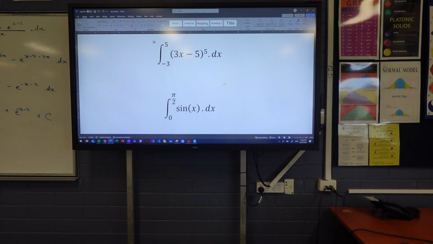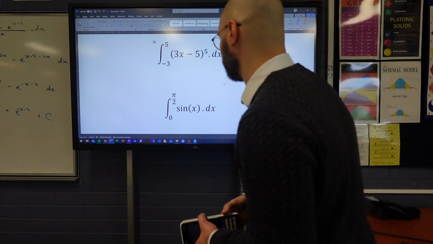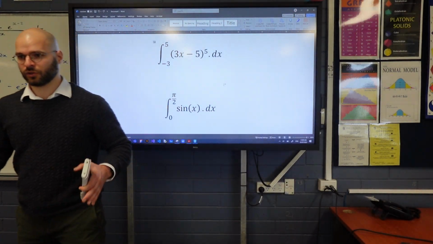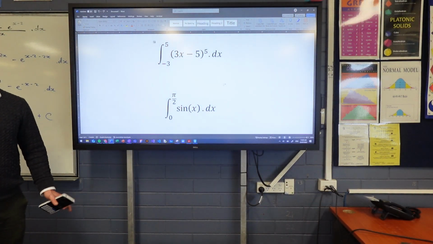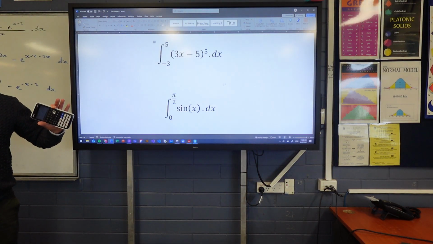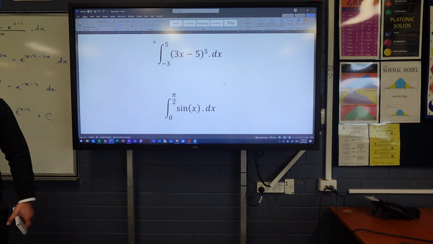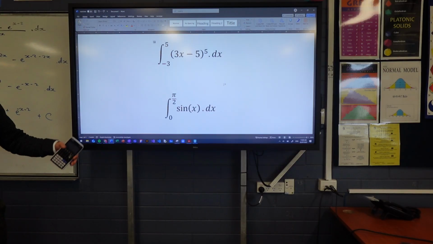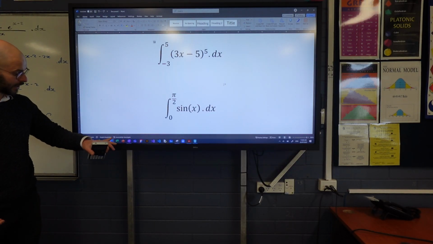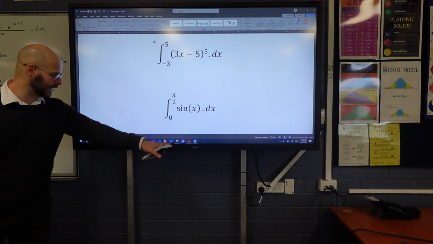So say we wanted to integrate these two expressions on the board. We could do it algebraically, or we can do it numerically on the calculator. Some things you can't integrate algebraically, so we just do it on a calculator or numerically. So we get our calculators,